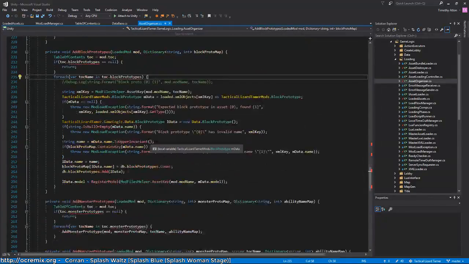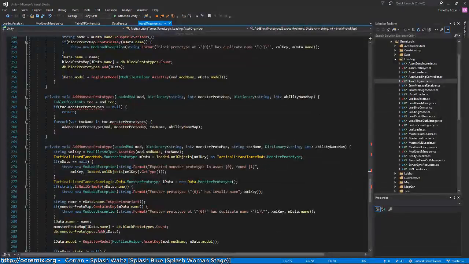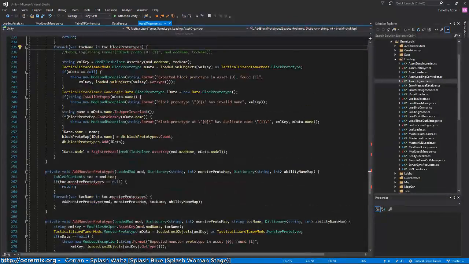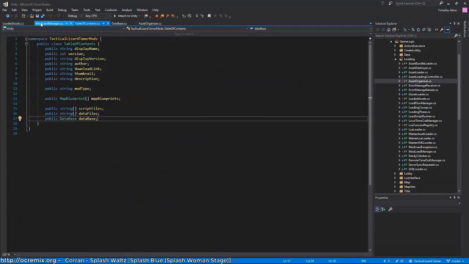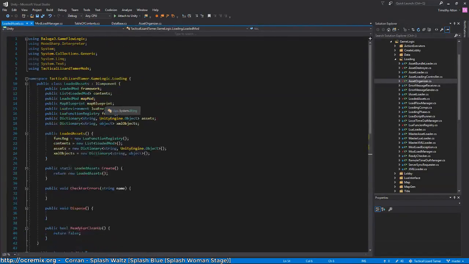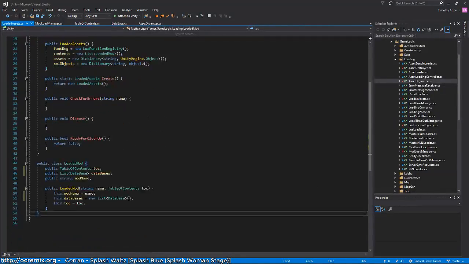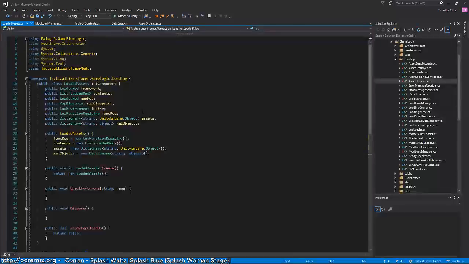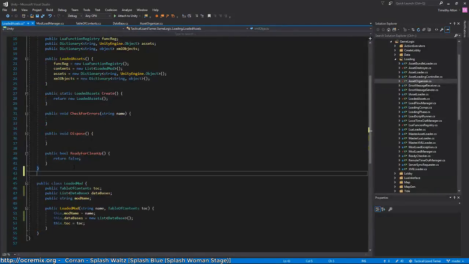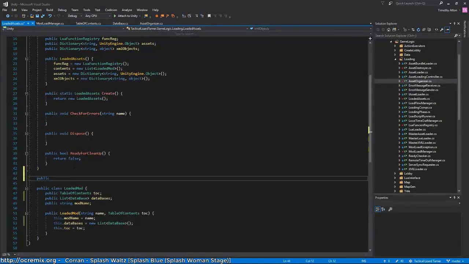So it does kind of need the database name. I wonder, for debugging, how can I store that easily? It seems like once we load the database, it doesn't really matter what mod it came from. Because what we do kind of need